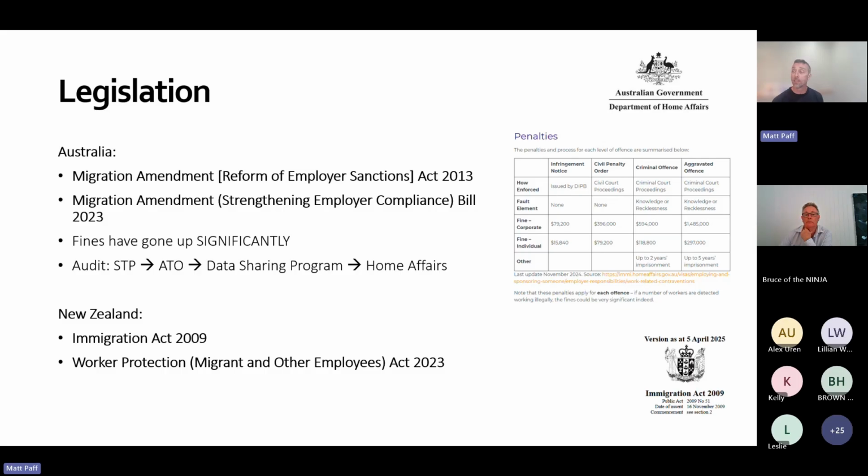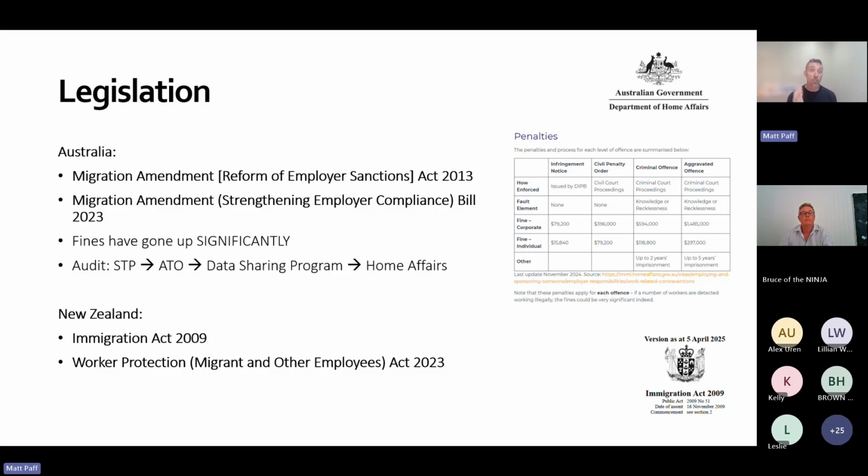What you will have seen is if you accidentally put a working holiday maker 462 or 417 on the wrong tax scale in your payroll program, you'll get a letter within a week telling you they're on the wrong tax scale. And the reason for that is Home Affairs and ATO sharing this data. They've subsequently come out and said that they'll be using that data for automation of auditing of work rights.